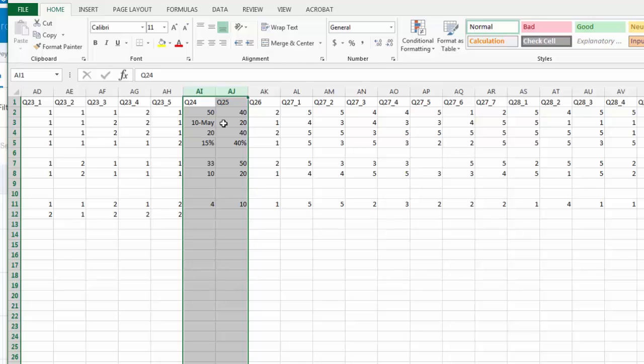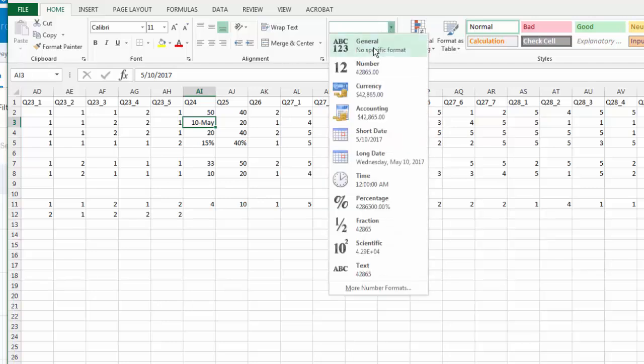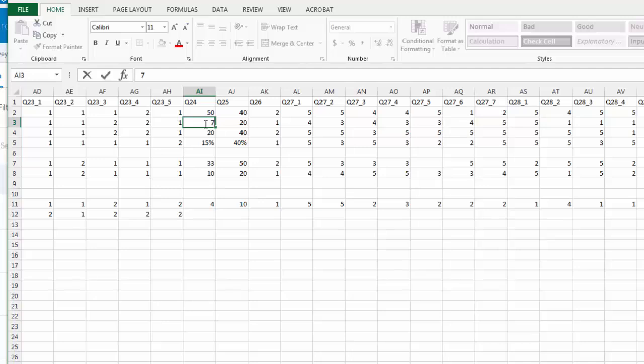And Excel interpreted 5-10 as May 10th. So you may want to click on that box first, change it to General Format, and type 7.5, which is the median of 5 to 10. Then for the boxes labeled 15 and 40,